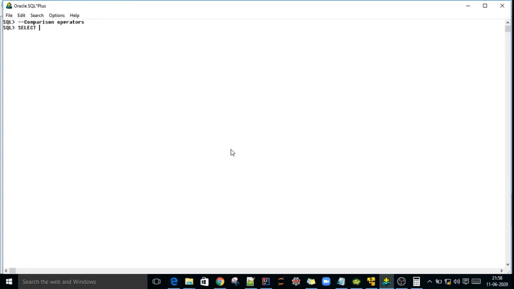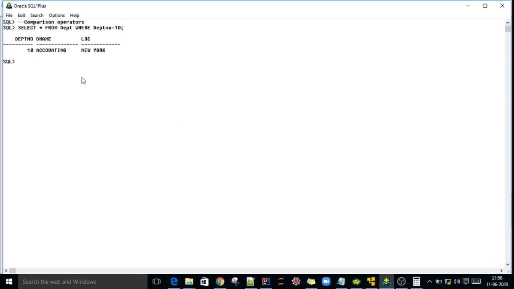Select star from department table where department number equal to 20. I want to fetch all the information from the department table where department equal to 10.